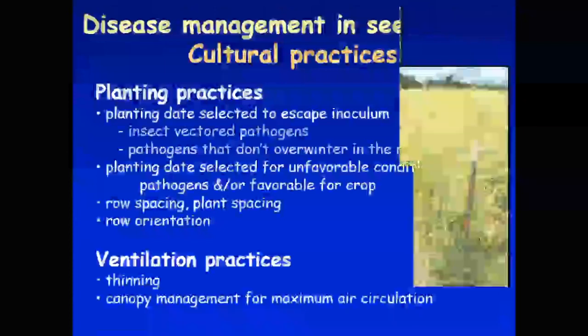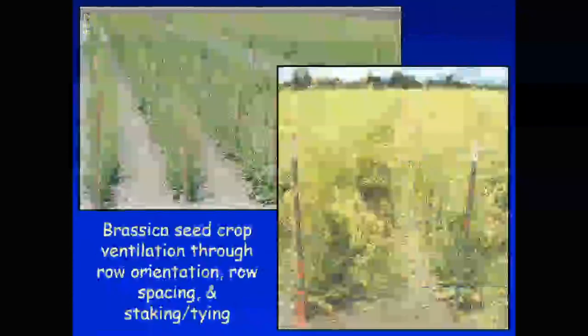Okay, and these are photos I took in my field trials back in, whenever that was, 2003, when we accidentally had our rows going into the wind instead of perpendicular to the wind. And we were trying to create disease to test different treatments for a pathology trial and had a hard time getting this disease established. And we inoculated three or four times trying to get this disease to go. But we were right going into the primary wind direction, and the canopy just dried out like crazy. And I was new to growing cabbage seed crops, so I was trying to do my best to impress the seed companies and the growers that I could do a decent job growing a cabbage seed crop. So we were staking and tying like crazy, so I could show them I knew how to grow a cabbage seed crop. Everything I would do, not basically for disease control, and it worked really well.